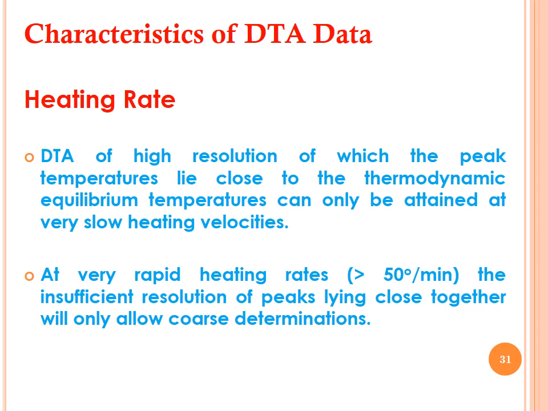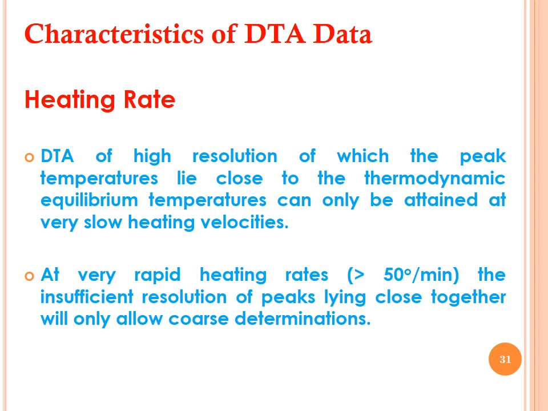DTA of high resolution, of which the peak temperature lies close to the thermodynamic equilibrium temperature, can only be attained at very slow heating velocities. It means the heating rate should be slow. It must not be a rapid heating rate. At very rapid heating rates, for example greater than 50 degrees per minute, there is insufficient resolution of peaks lying close together, and these are only allowed in